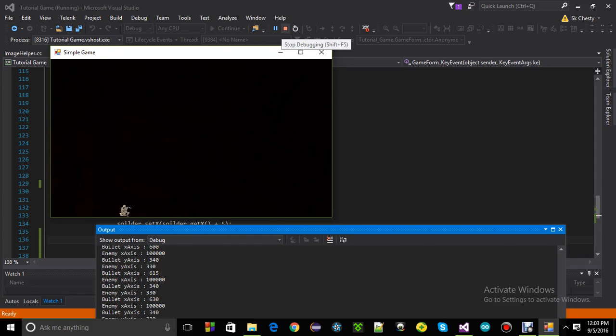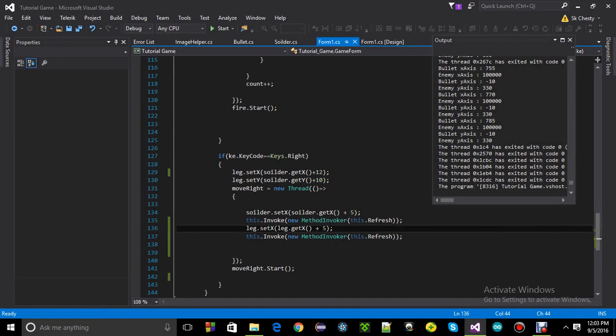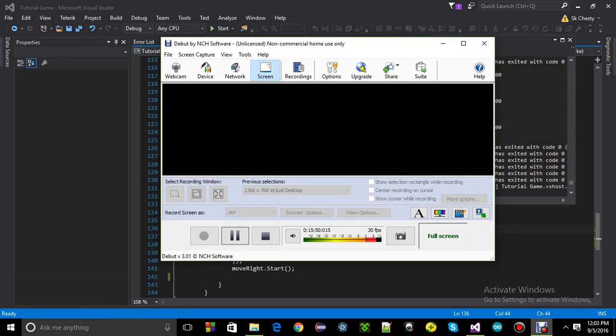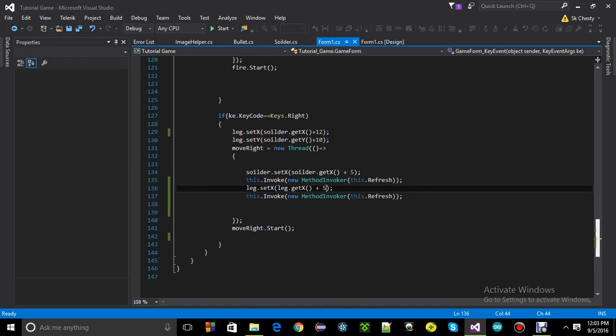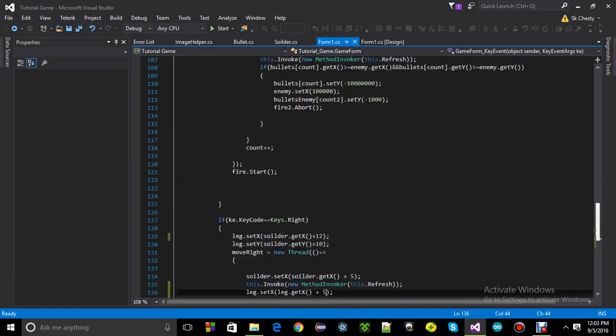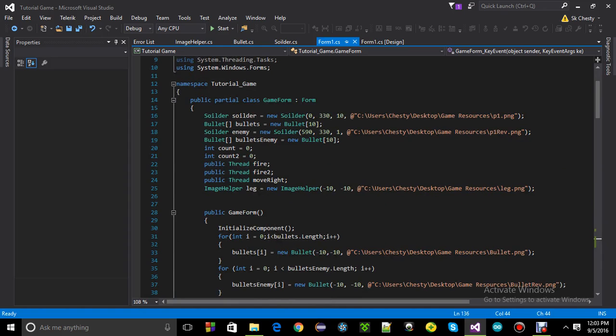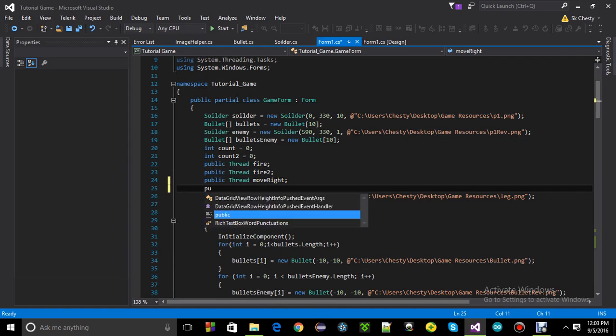Okay, so that's my mover part done, and now what can I do more? How much time is left? 15 minutes, so I can do it for 5 more minutes. So let's just move this one as well, move it to the left. So I'll have to make another thread, public thread move left,